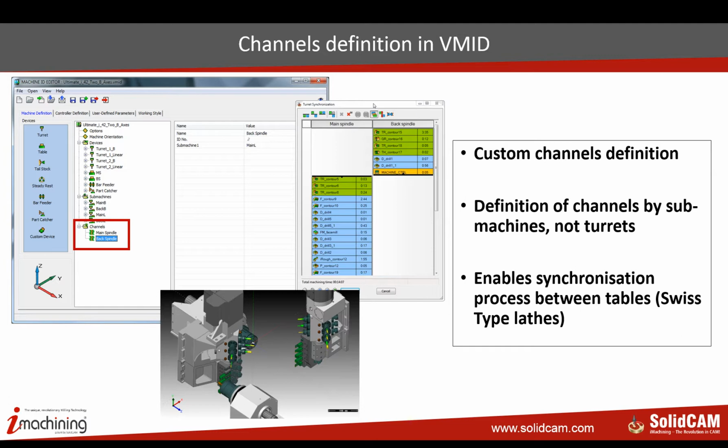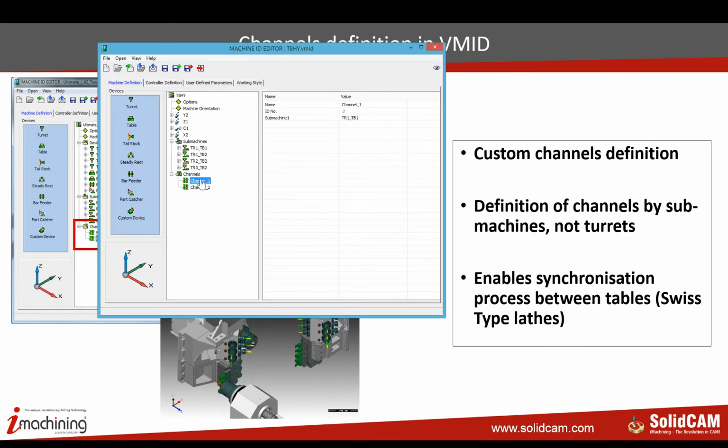But when we started the development of complex mill-turn machines and moved to the next stage, the Swiss type machines, we see that this rule is no longer respected. We can define a channel not only by a turret, and we can define it by a table. So we have today in VMID a new option called channels, and we can add any number of channels that we need in a machine, and for each channel we assign